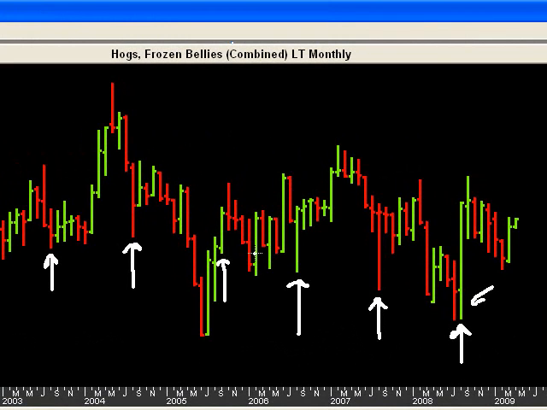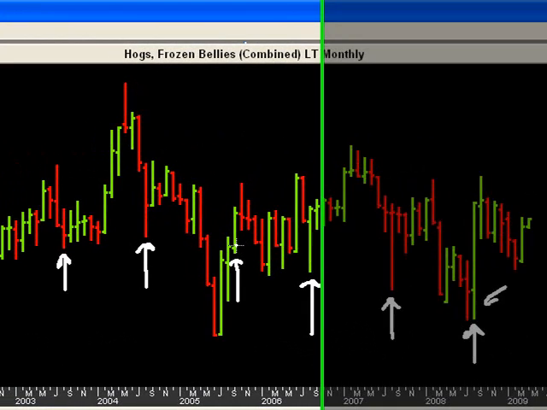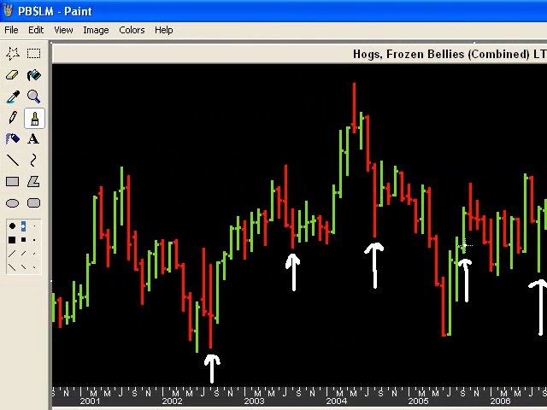Another big trading range here. This in 2005, one could say that's not really that big of a trading range. Another big trading range in here. 2003 wasn't an especially big trading range. 2002 was another big trading range. So out of the last 7 years, 5 of those years we've had extremely volatile trading